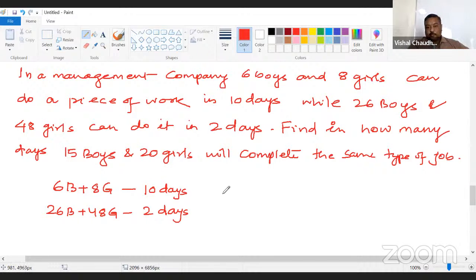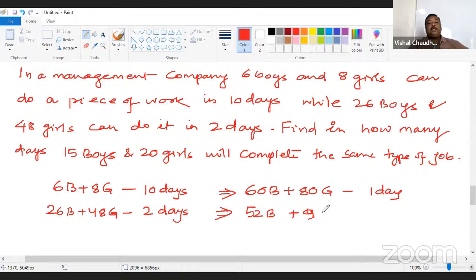इनवर्सली प्रोपोर्शनल होने का मतलब है एक तरफ अगर आप डिवाइड करते हो तो दूसरी तरफ आपको मल्टीप्लाई करना होगा। मैं इन सबको 1 डे कर रहा हूं, तो इधर 10 से डिवाइड करना है तो इधर 10 से मल्टीप्लाई करना होगा, यानी कि 60 बॉयज और 80 गर्ल्स एक दिन में जॉब कंप्लीट कर लेंगे। सेकेंड स्टेटमेंट में 2 से डिवाइड करेंगे, इधर 2 से मल्टीप्लाई होगा, यानी कि 52 बॉयज और 96 गर्ल्स कैन कंप्लीट इट इन 1 डे।